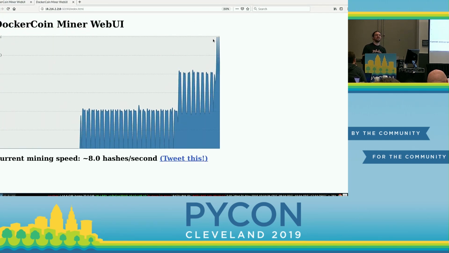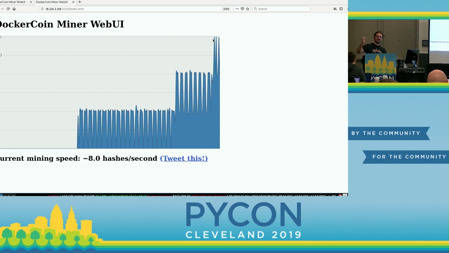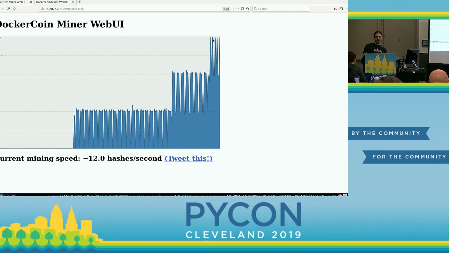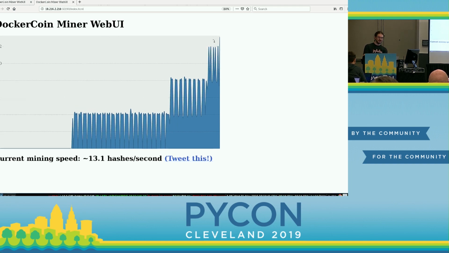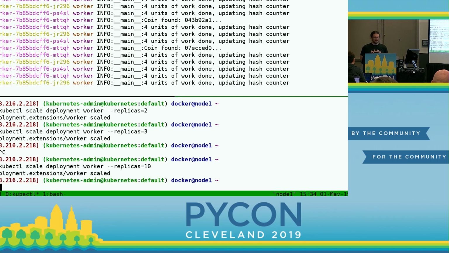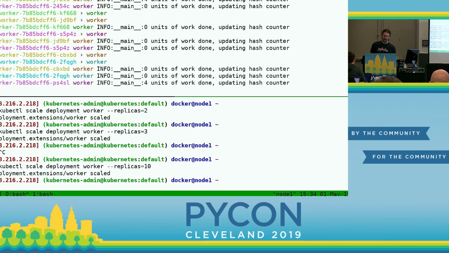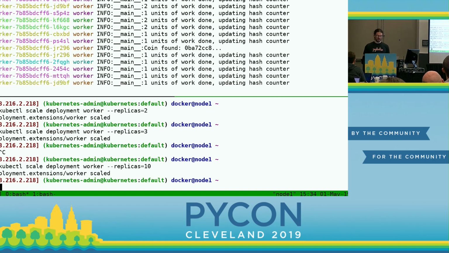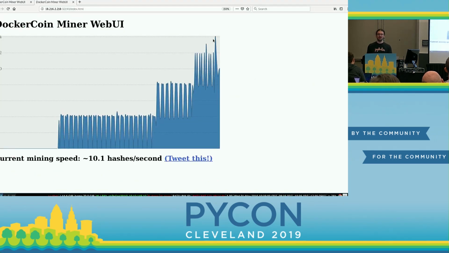But if I look here in the web UI, I see that indeed we seem to be going faster. So we might think, okay, I'm just going to put like 10 replicas, and I'm going to get many Docker coins, and we can all go home and say, we learned to scale things. Unfortunately, if I look at the web UI now,